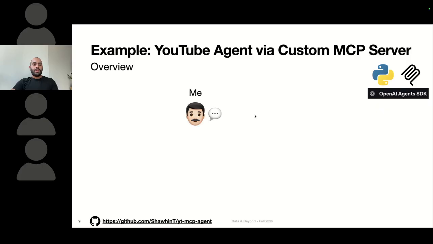But yeah, basically a high level overview of what we're going to do here is, basically here's me with a mustache and a lot more hair. And I'm going to send a request to a large language model.